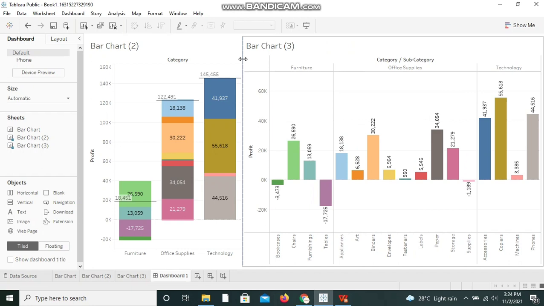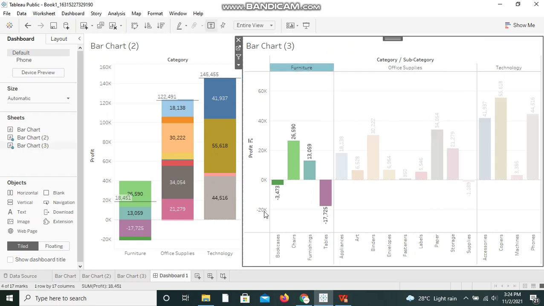I'm taking the furniture category first, and in the furniture category we have 4 subcategories: bookcases, chairs, furnishings, tables. For bookcases we have a negative profit of 3,473.